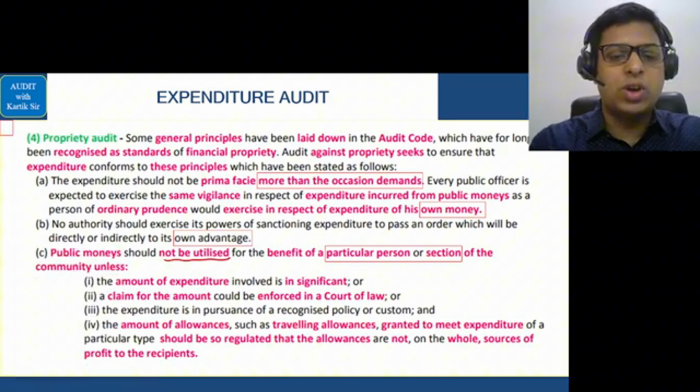Finally, audit of commercial accounts, they have given here that commercial account basically means three things, that is DSG, departmental enterprises of the government, statutory bodies and corporations of the government, and of course the government companies which are there. These are the three separate departments that they have distinguished this into. Okay. Now this completes our government audit part.